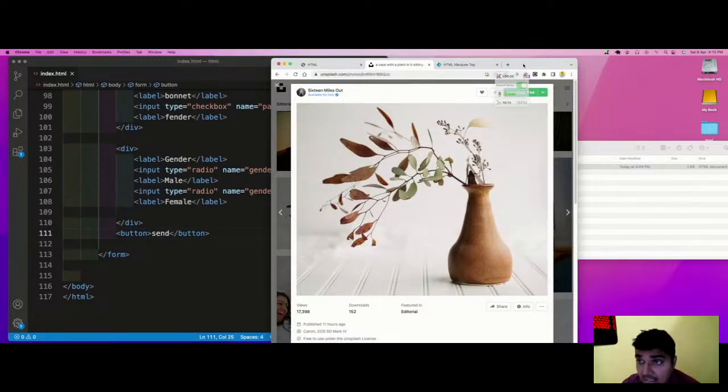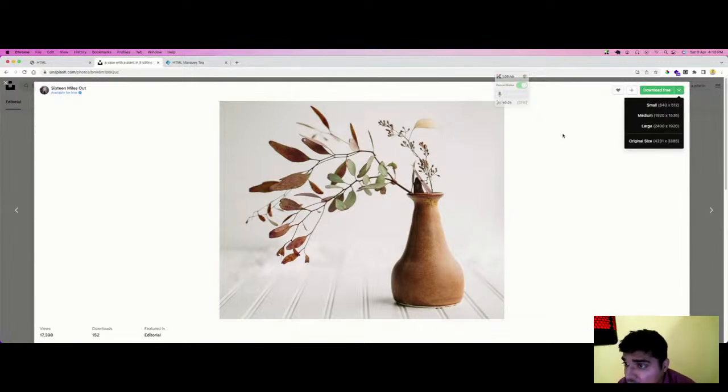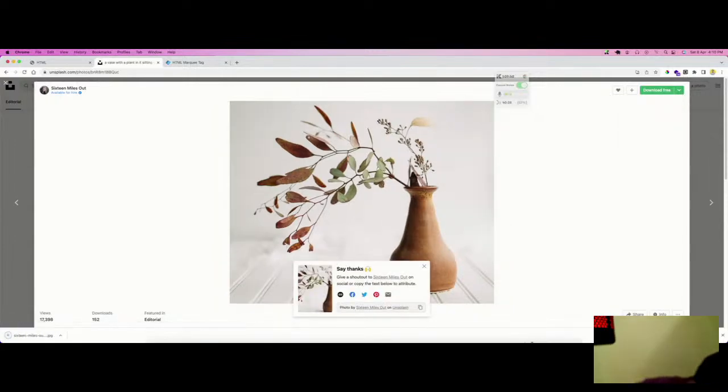So the importance of this Unsplash is you can have any image, but you have free images also. Those free images come in different shapes and sizes. We are just looking for a small size so it gets downloaded very easily.